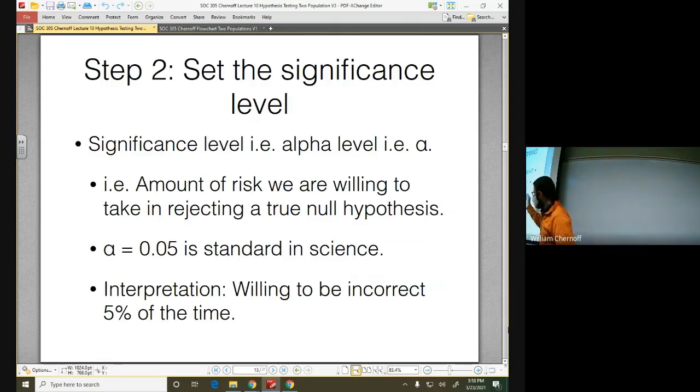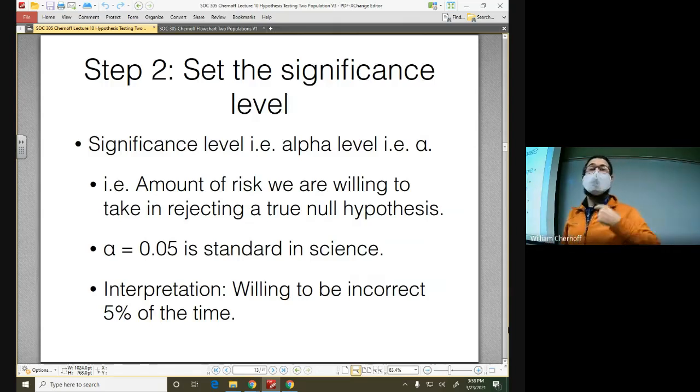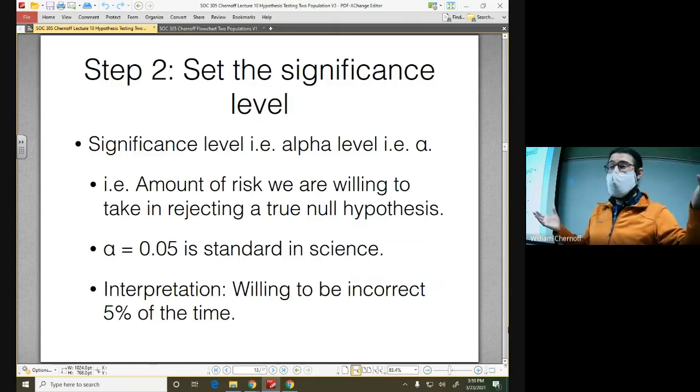So we set this value. We've got a null hypothesis, we have this doubting scientist claim, here's this Yahoo who's saying that there's no difference between the two groups. We're going to make a decision about that claim. We're either going to agree with it or disagree with it. And again, there's a chance we're going to be wrong, but we can specify that chance and set that threshold. So standard in science is to use 0.05. We're saying there's a chance that we're wrong, but we can live with being wrong 5% of the time. That's reasonable.